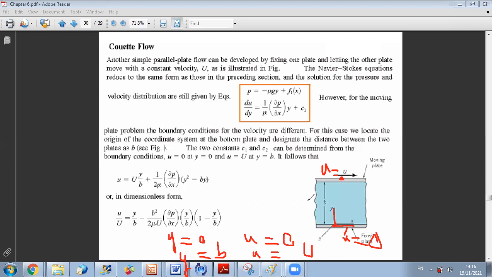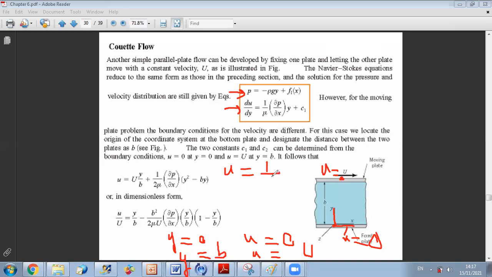So let us together find this profile. First, as we said, the Navier-Stokes equation will end up with the same conclusions, that P is minus rho gy plus f1x, and du by dy is 1 over mu del P by del x y plus c1. And we can also demonstrate that del P by del x is constant in the same way we did in the last example. So we can integrate to get u, and the equation will be as follows: